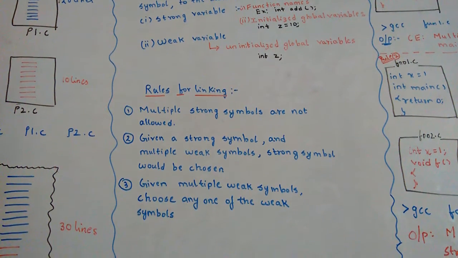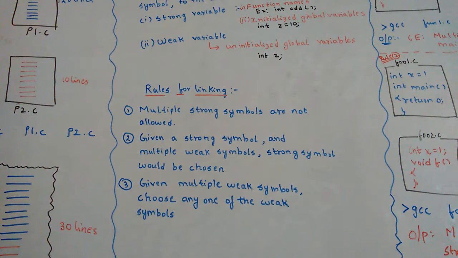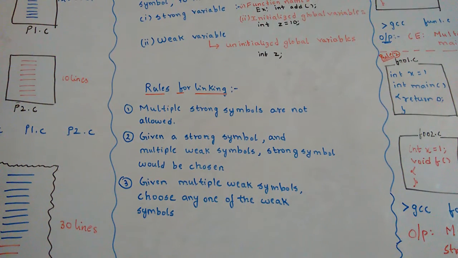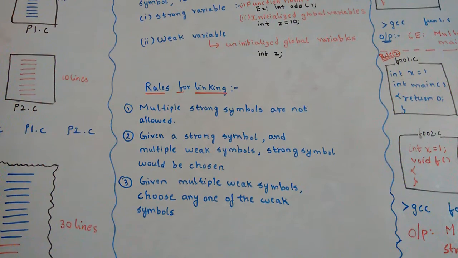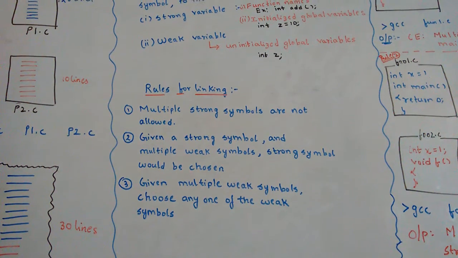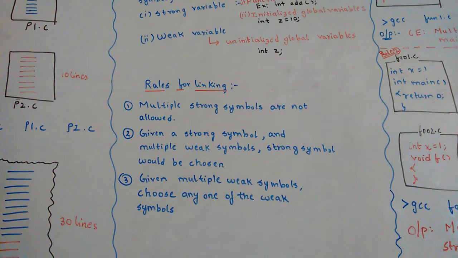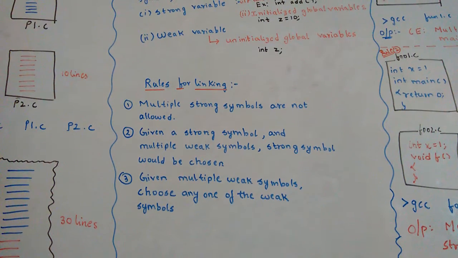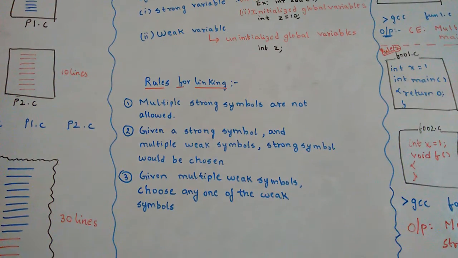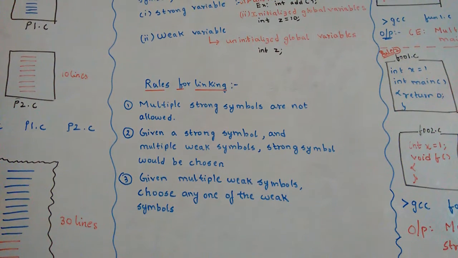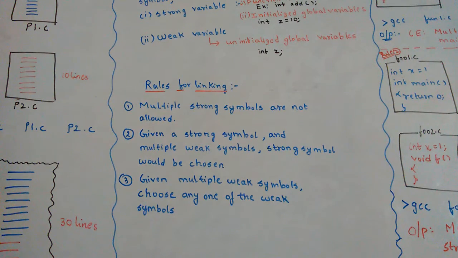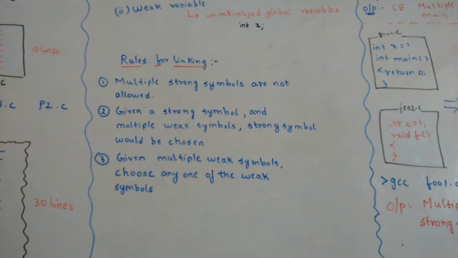Not only that, given a strong symbol, Not only that, the third rule says if there are multiple weak symbols, we can choose any one of the weak symbols. I know these rules don't make a lot of sense to you now, but once we go through the program, it would be completely clear to you. So this is the